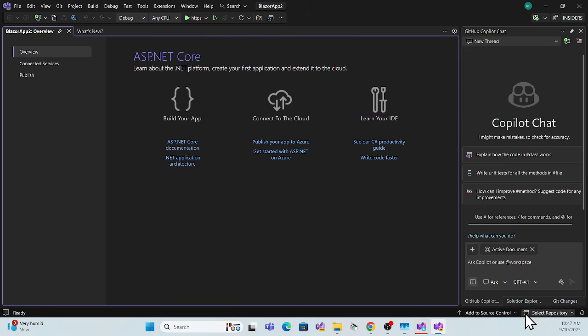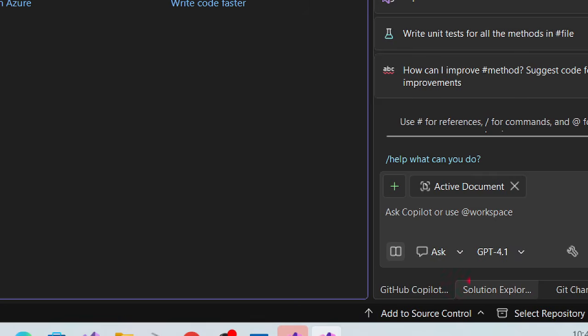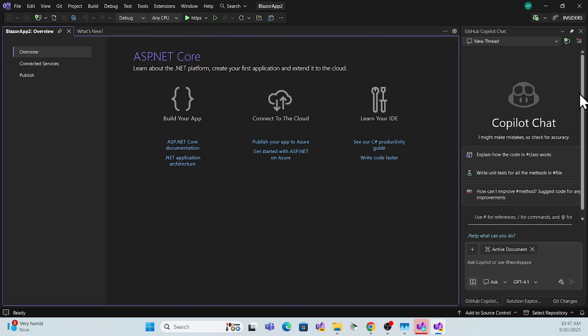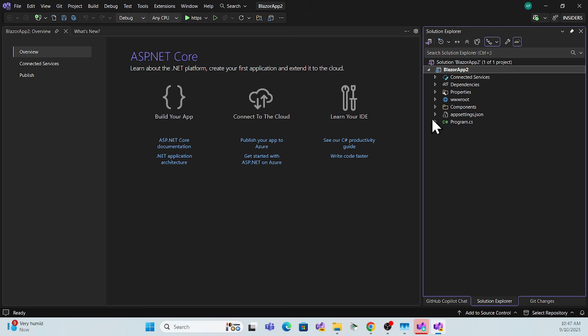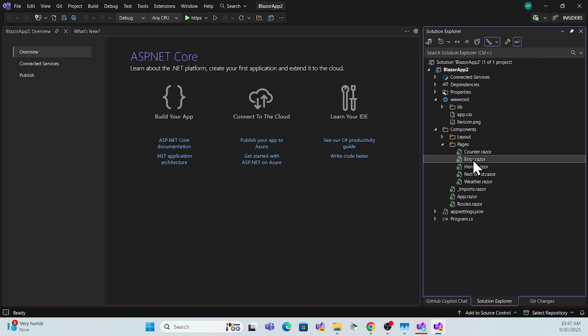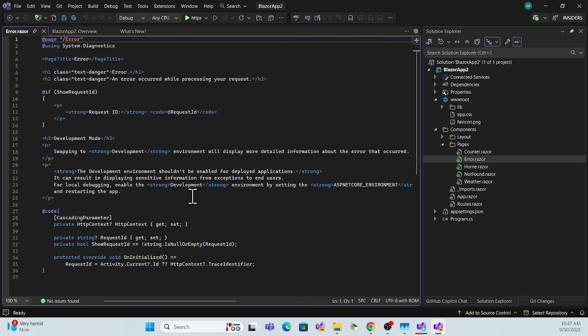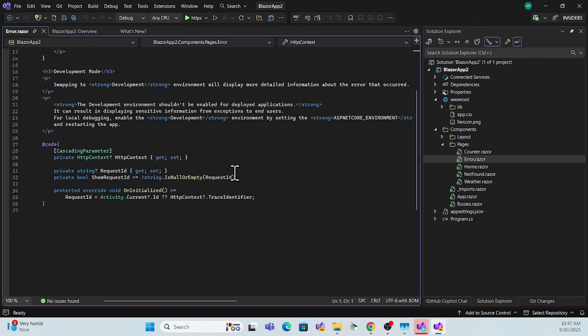Yeah, so see, at the top there are three tabs over here. Previously it was giving the sidebar, but now it is providing it in the top bar. If I click on that as a solution, I'm able to see this Blazor application. And if I open any file now, for example, if I go to the home page,